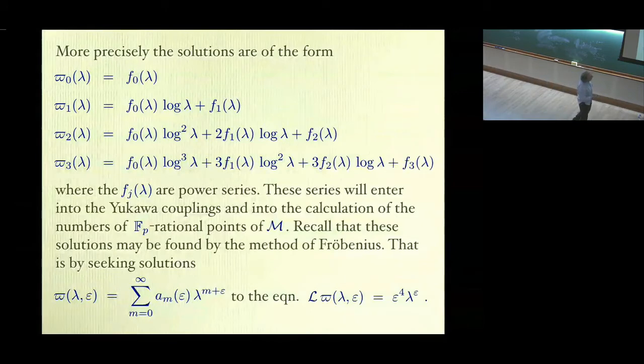f3. And the way you find these solutions is by using the method of Frobenius. So you recall from when you learned about differential equations that you try a solution like this in the differential equation, and you differentiate with respect to epsilon. What you're actually doing is finding a recurrence relation for the coefficients. What you're actually doing is solving this equation here, and you can see that if you set epsilon to 0, you get a solution. If you differentiate with respect to epsilon and set epsilon to 0, you get another one, and so on. And in this way, you generate 4 solutions.